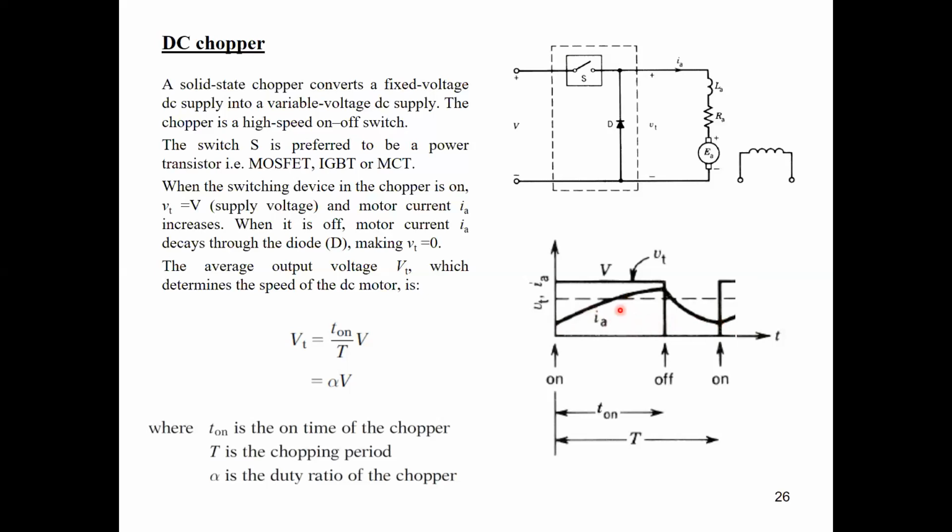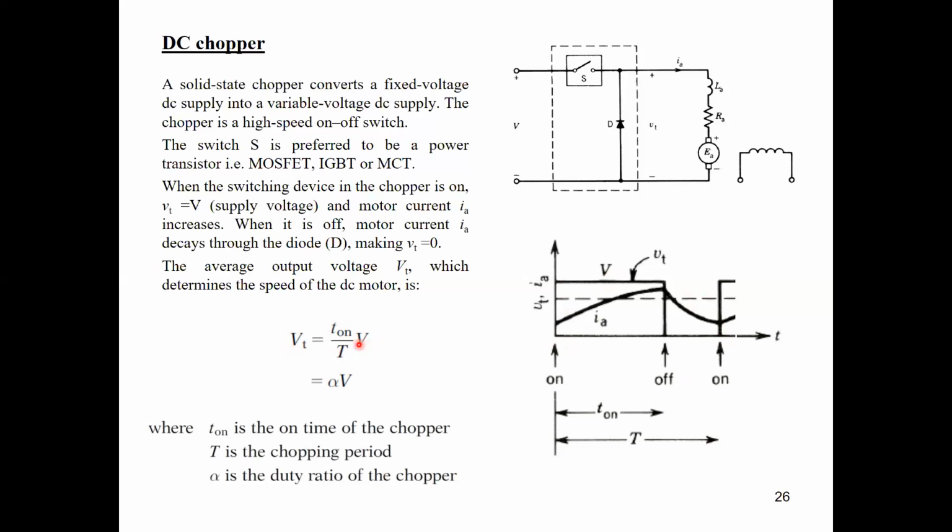So if we now control the on and off time, this is going to control the average voltage applied to the machine. By controlling T on during a certain fixed period called T, we can control the average voltage. So simply, the average voltage equals the magnitude of the voltage multiplied by the on period divided by the overall period. So we can say V0, the output voltage, equals T on divided by T multiplied by